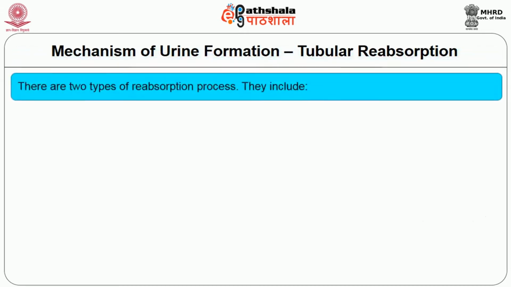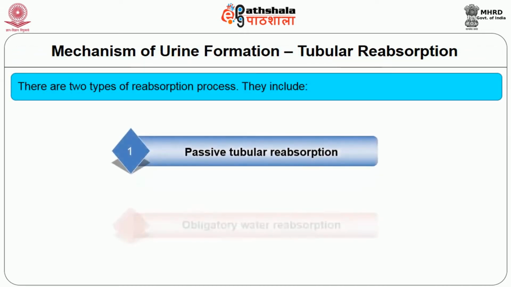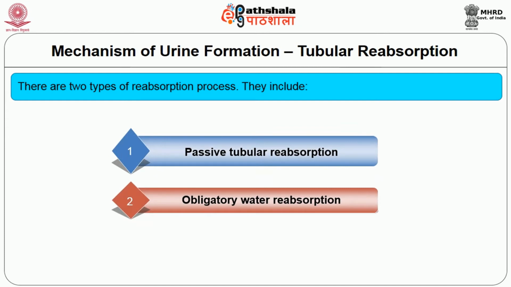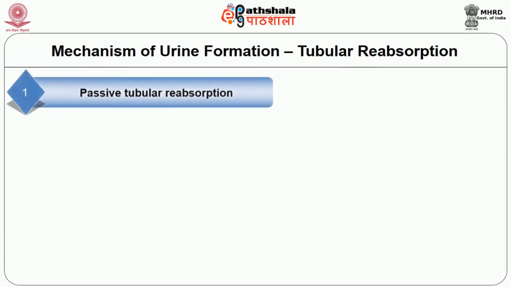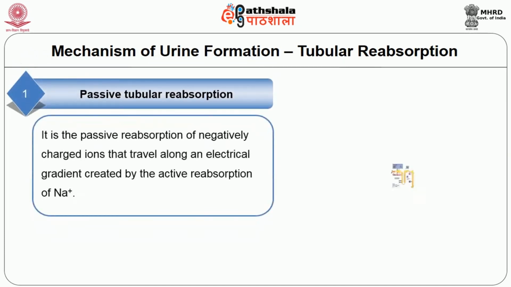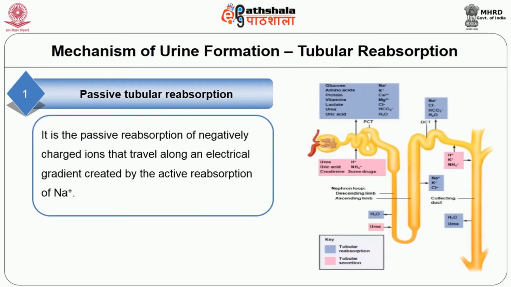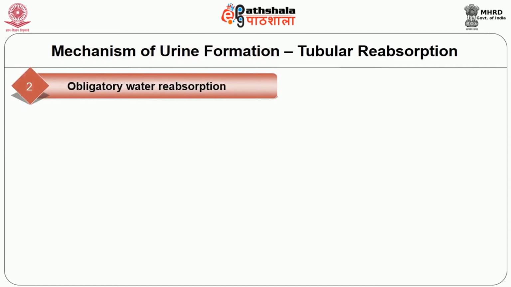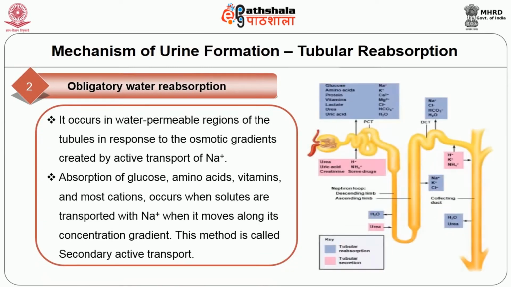There are two types of reabsorption processes: passive and obligatory. Passive tubular reabsorption is the passive reabsorption of negatively charged ions that travel along an electrical gradient created by the active reabsorption of sodium. Obligatory water reabsorption occurs in water permeable regions of the tubules in response to the osmotic gradients created by active